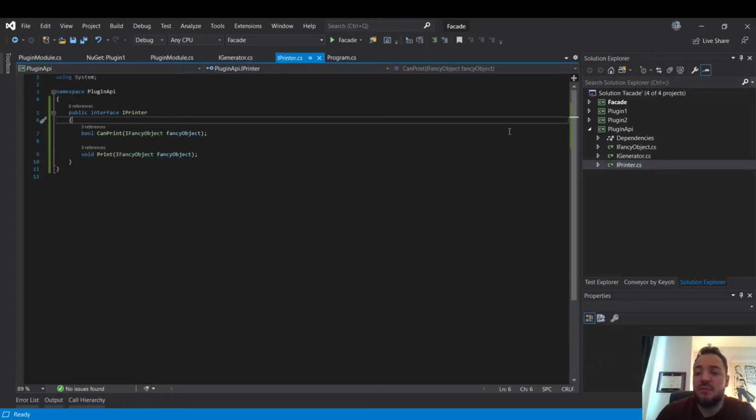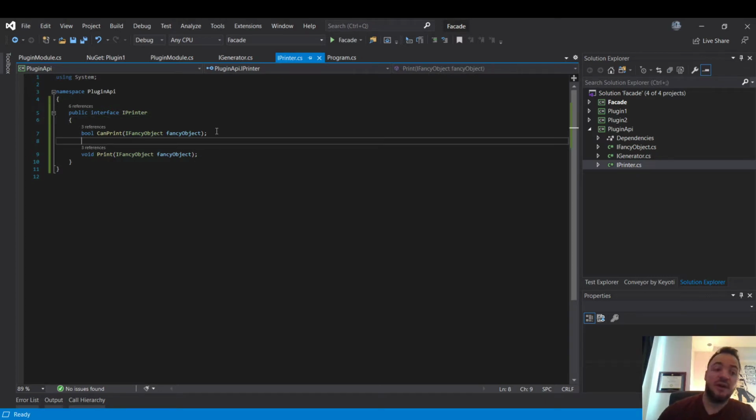And then I have this printer, and that's also part of our plugin API. So plugins can expose printers that we can take advantage of. A printer exposes a method that says whether or not it can print a particular object, and then it has a mechanism to print it. And print for this conversation just means writing it to the debug console. So again, nothing super interesting, but the idea here is that if you think about how we were using the facade pattern from the other video,